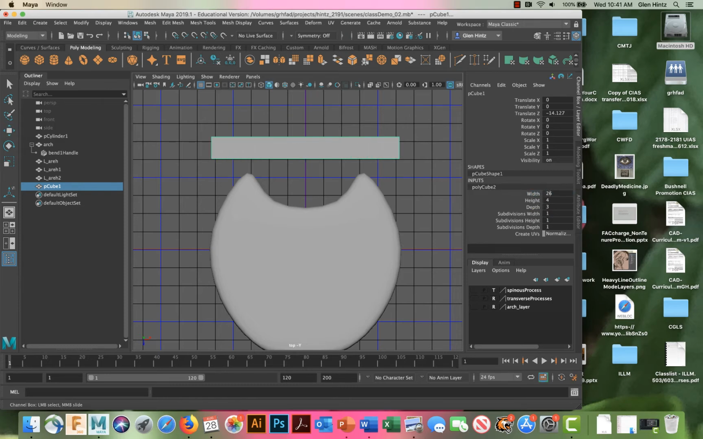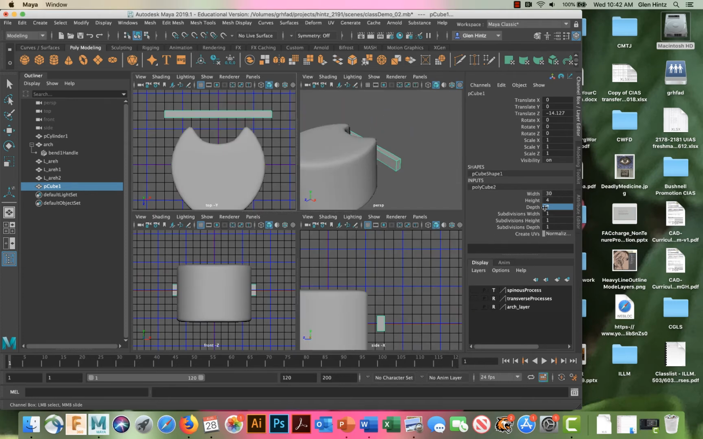I'm left mousing. 1, 2, 3, 4, 5, 6, 7, 8, 9, 10, 11, 12. That's what I thought I was going to get. It looks like it's a little thick, so I'm going to change that to 2. And as far as the height, not quite big enough, so let's change that to